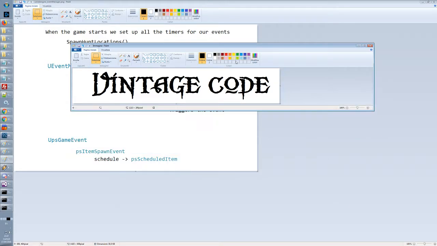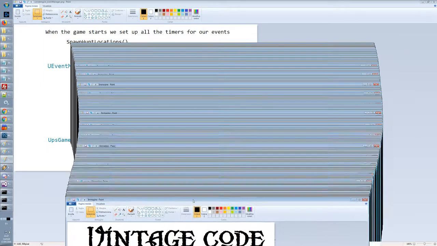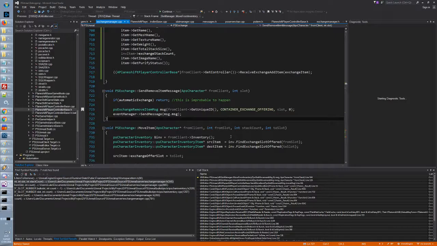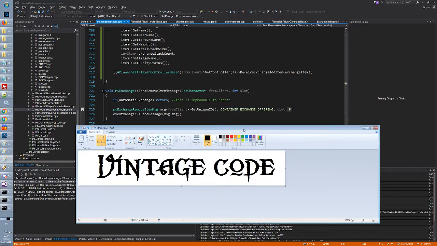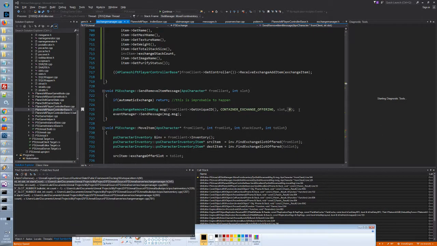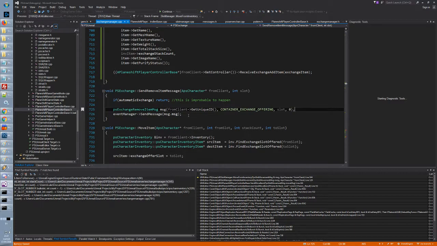Vintage code. Okay, sometimes I will pop this up. When we find some vintage code, I will pop that up. Okay. This zero is definitely vintage code. It is. Okay. So